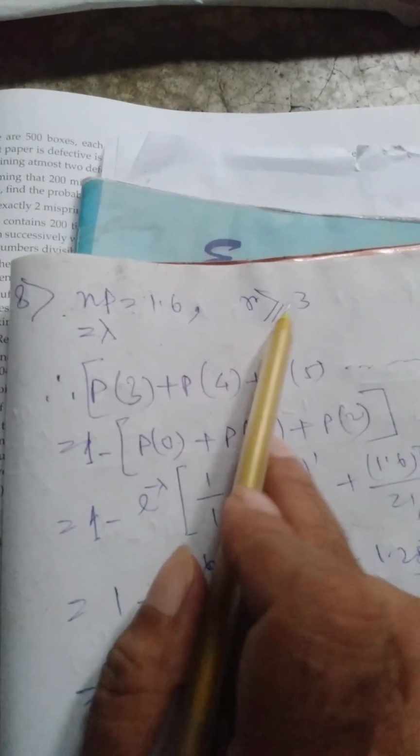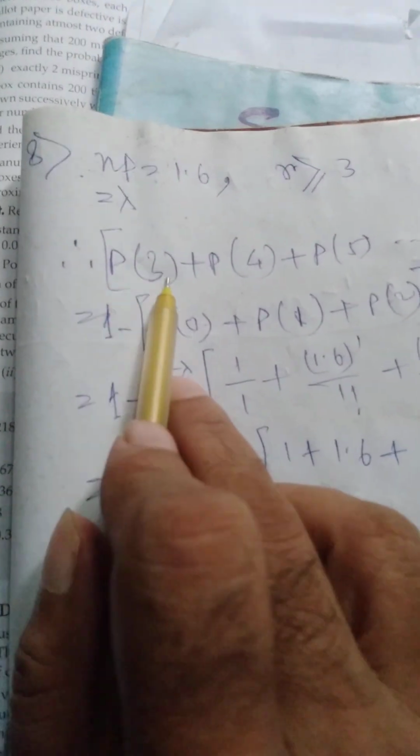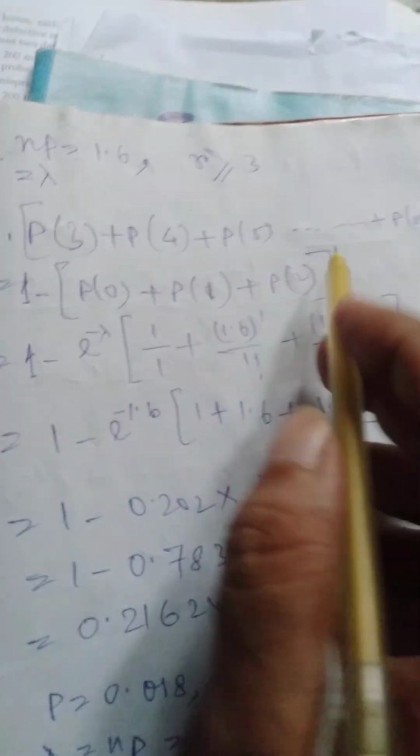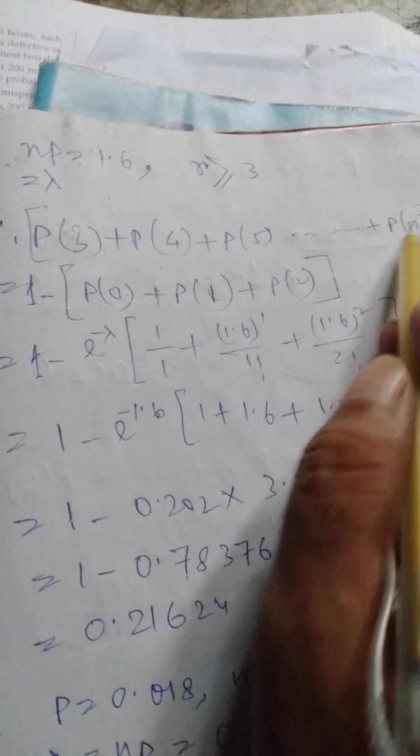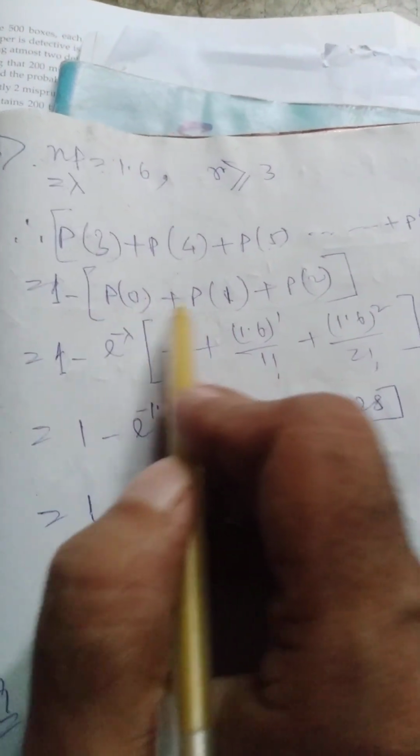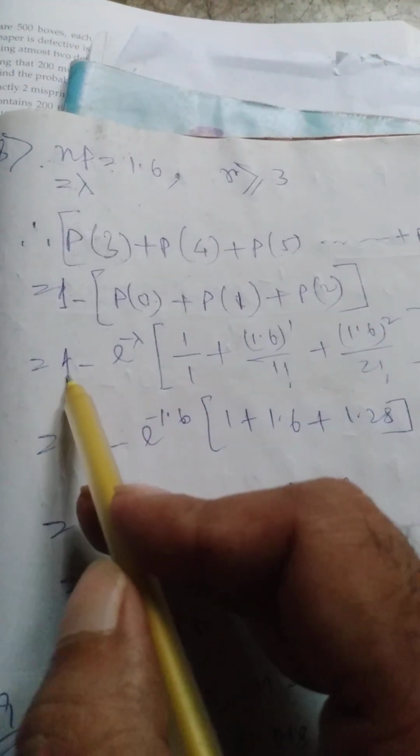So n into p equals 1.6, r is greater than or equal to 3, and n into p makes it lambda. Here the required probability is P3 plus P4 plus P5 and so on. So we can find it in a different manner: 1 minus P0 plus P1 plus P2, which will make it